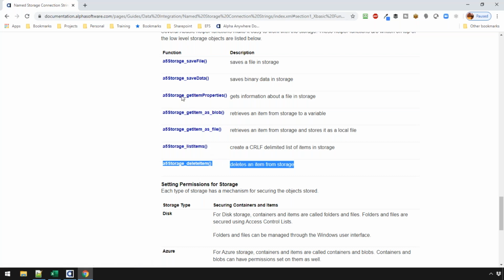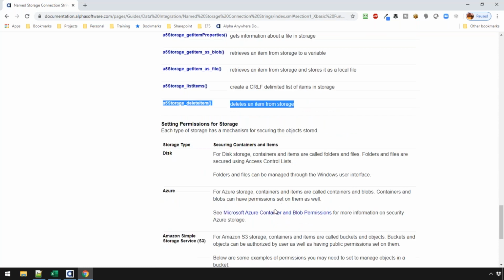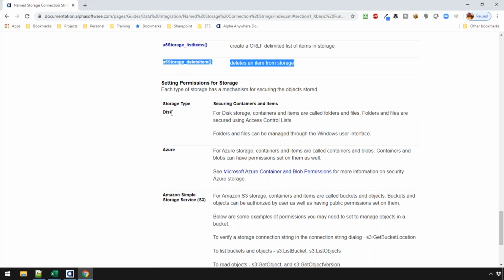But that's how I would handle it: you basically get a list of them from there, or have already a list in your database, and then you just trigger the A5 storage delete item to remove that from the storage environment. And as you can see, it works for disk, meaning you could use the same set of functions,